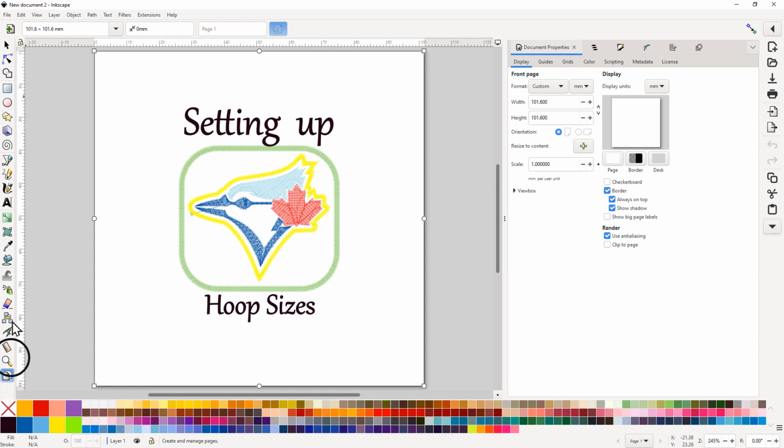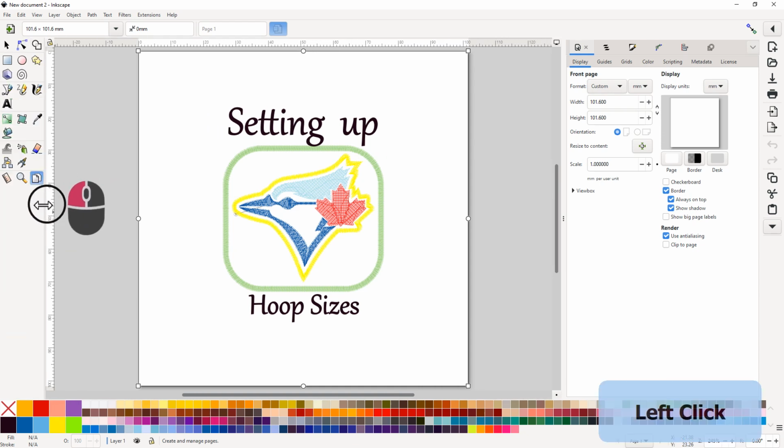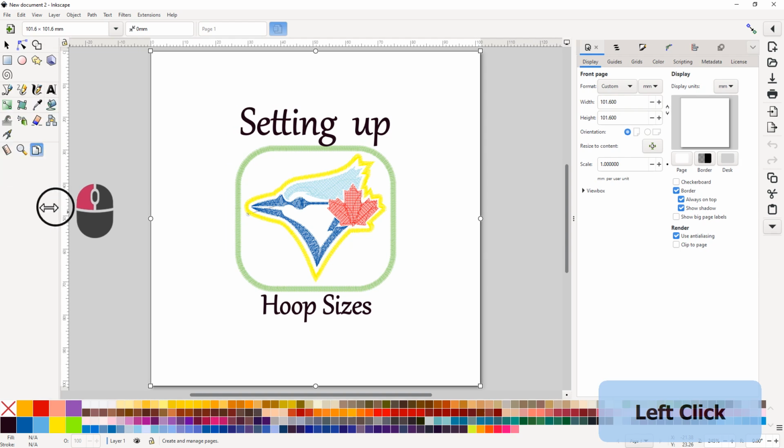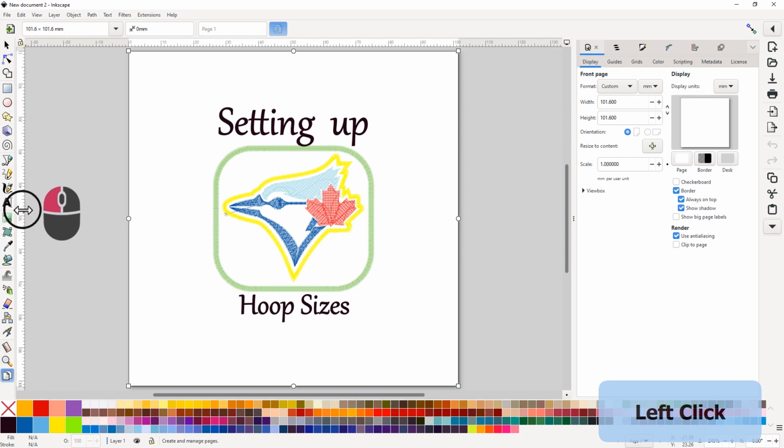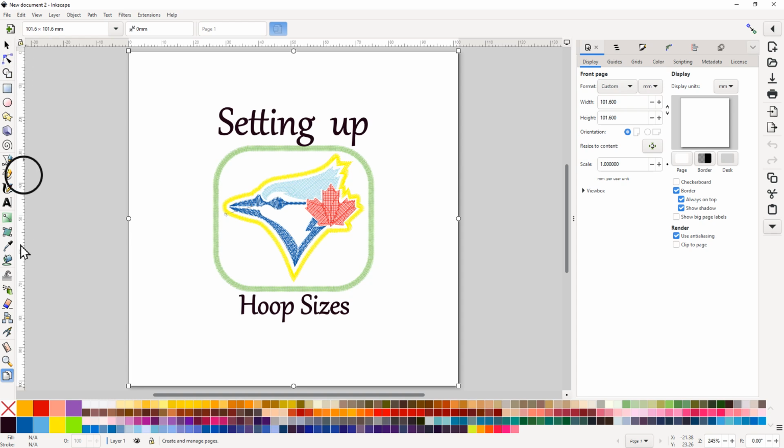If it does not show, you may have to scroll, or you can widen this toolbar so that all your icons are showing. You can also change the size of these icons. If you have changed the size of these icons, it is possible that these last few icons will not show up. But here is the page icon,